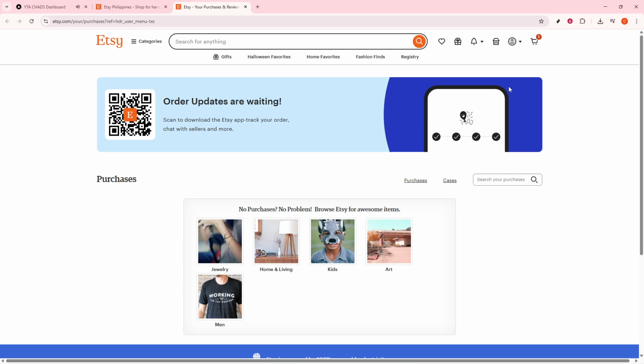The beauty of the Rearrange Your Shop feature is its simplicity. You can click on a listing and, while holding down your mouse button, drag and drop it into the position you desire. Take a moment to consider how you want your products to be arranged. Perhaps you want to feature seasonal items or bestsellers at the top. The arrangement of your listings can significantly impact buyer engagement, so organize them in a way that reflects your shop's